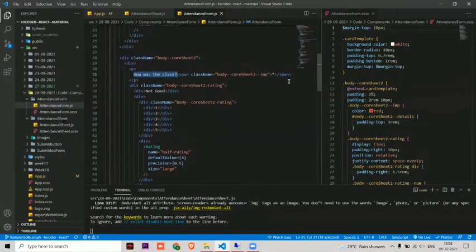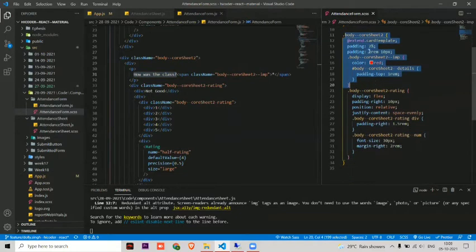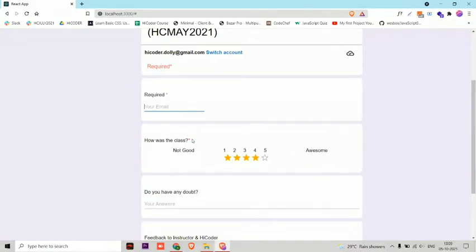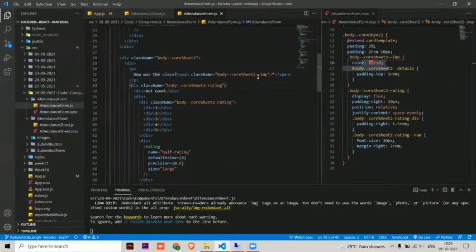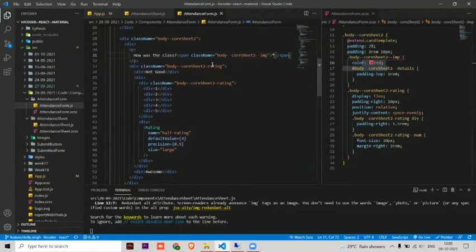Okay, so this is for rating, which you can see here, and let's check this. Okay, so for this I have used some CSS there, which you can see here, and it has also gone like a tree only. I told you that I have used a template, so the same template is repeating here, with a little bit of changes. Okay, body corset color I wanted in red color, so it's red. It's red only for span. If you see, I have given a span for only giving stars, so you have to do so many things for one single thing. Okay, so for the star I have given red color.